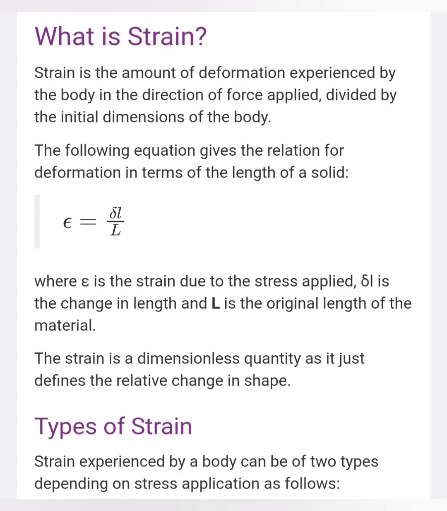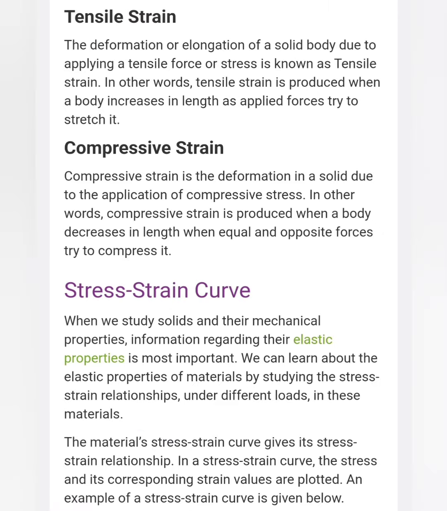The internal resistive force to deformation per unit cross-sectional area is called stress, intensity of stress or unit stress. It is denoted by sigma and given by sigma equals R by A. In the equilibrium condition, the internal resistance R is equal to the external load P, that is R equals P. Therefore, sigma equals P by A, where sigma is the stress, P is the load acting on the body, A is the cross-sectional area of the body. Mathematically, stress may be defined as the force per unit area.